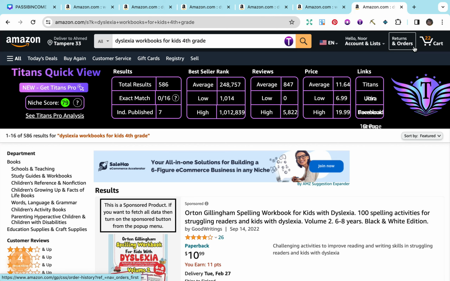So we have a keyword niche score of 79 by Self-Publishing Titans Chrome extension. The total results of 586, which is ideal. It is under 1,000. Average bestseller rank is sitting at 248,757, which is also good to see. It is under 300,000. Average reviews 847, and a good average price of $11.64. This is ideal